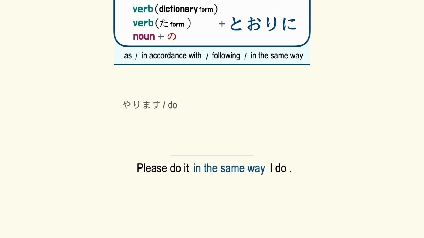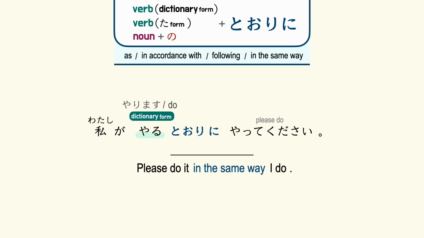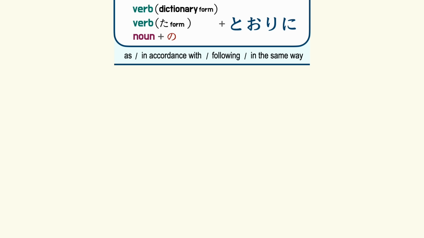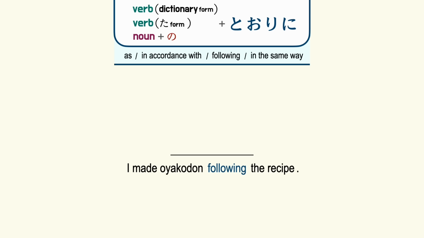The dictionary form of やります, to do, is やる。私がやる通りにやってください。If you want to say, please do it the way I did, the plain past form, aka the ta form, is やった。So, 私がやった通りにやってください。